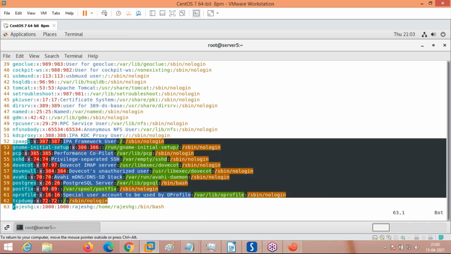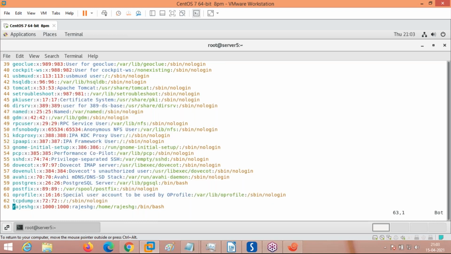All the users above this with a user ID less than 1000, meaning 1 to 999, here it is 16, here it is 89, here it is 26, here it is 70, 386. These users which are created by the operating system are called system users or application users. These are created by the operating system itself whenever an application is installed.